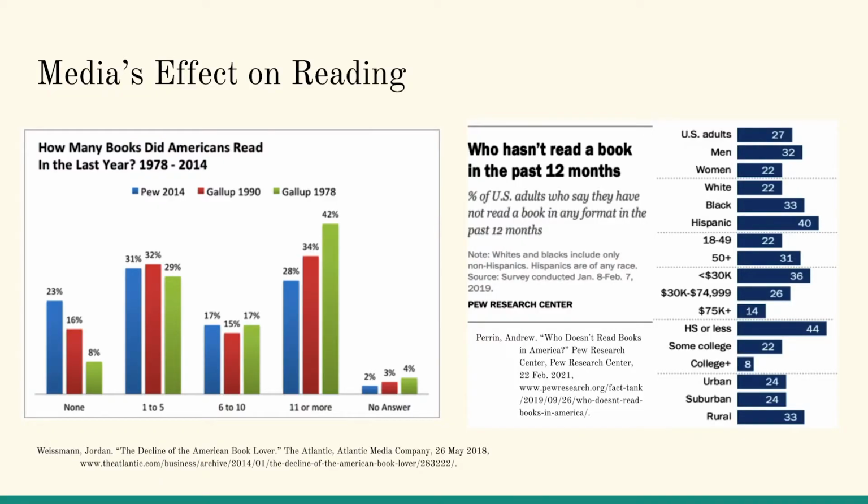And you'll notice, if you want to look at the other chart that I include on this slide, that this number changes depending on factors such as gender, race, and economic status. Then if you look back at the first chart, 11 or more books read by Americans. In 1978, 42% of Americans had read 11 or more books in a year, whereas that number drops to 28% in 2014. And so we're seeing that Americans are no longer gathering information through written text as much